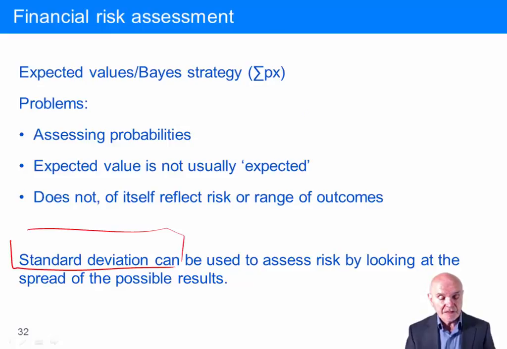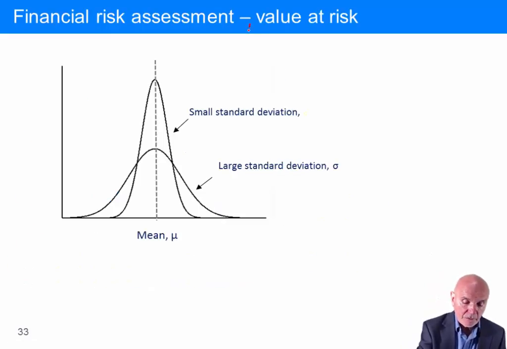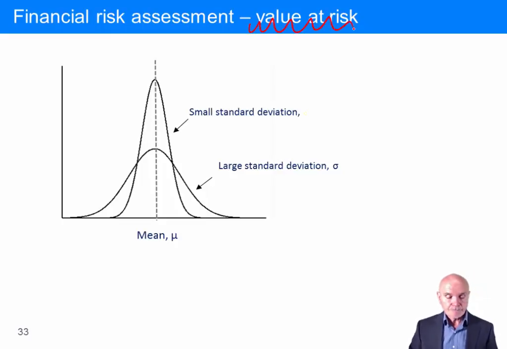So let's look at this, and this is a subject we're calling value at risk. Think of it as looking at an investment in, let's say, a share, and we're looking at how from day to day the value of that share goes up slightly, down slightly. Some days it'll go up a lot, some days it'll go down a lot. Every share will jiggle up and down,